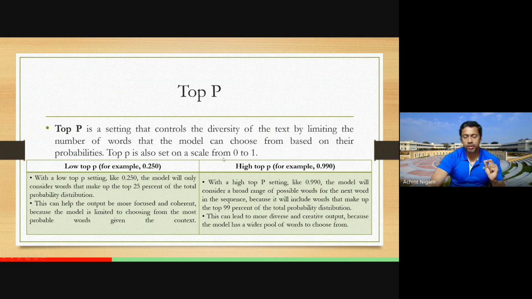So top P is also set on a scale of 0 to 1. I will just hold this slide. This is slightly technical, but very simple to understand when it starts making sense. With low P, out of the 1,000 pool, at 0.25, only 25% of the words are available, and you select from those. If you put a smaller value, there will be even fewer. So what Dr. Shekhar was saying, I would say set seed equal to 1. It may not be exact, but if you go to 0.00001, very few words will be selected, and then the consistency in the output will be there. But